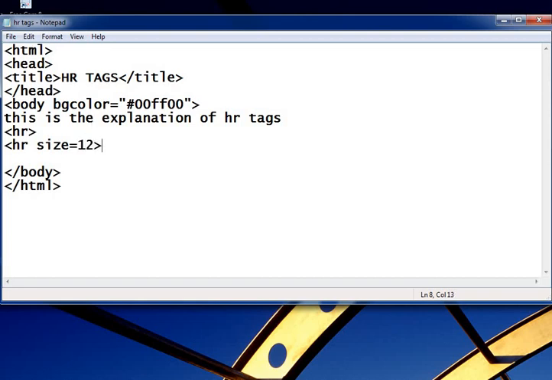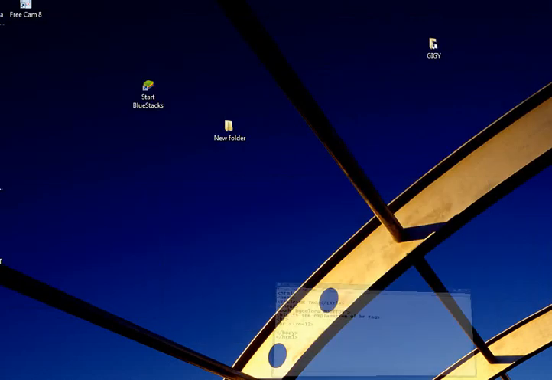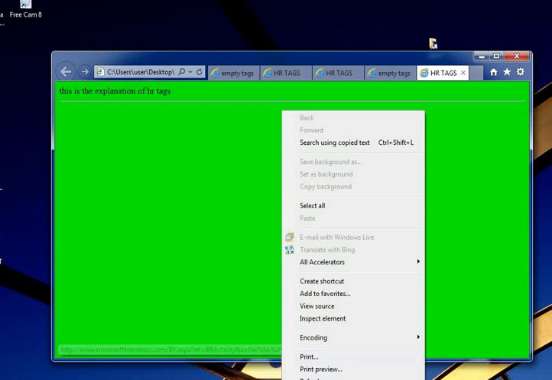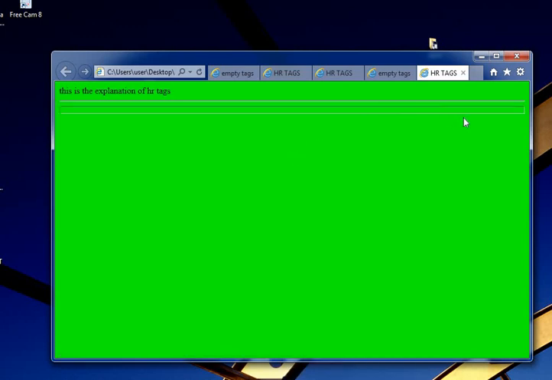Okay, save, and take the HR tags. This is our new output. First is normal HR tag, second one is HR tag with the size attribute 12. This is 12 pixel size.